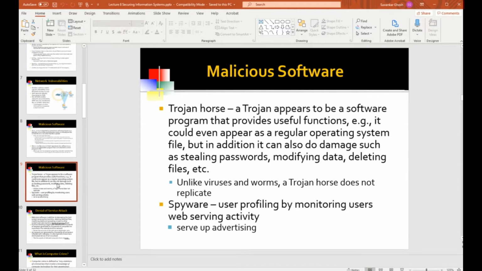And it offers the example of Zeus, Z-E-U-S. But it also says there that Zeus was a Trojan. So it's curious that they're using a Trojan to give you an example of malicious spyware. They're trying to say spyware can be malicious. Spyware can be bad, and I'll talk about user profiling, but it's bad in the sense of intrusive user profiling. That's the negative aspect of spyware, the very intrusive user profiling, which spyware does.